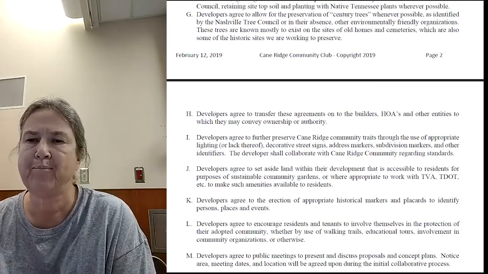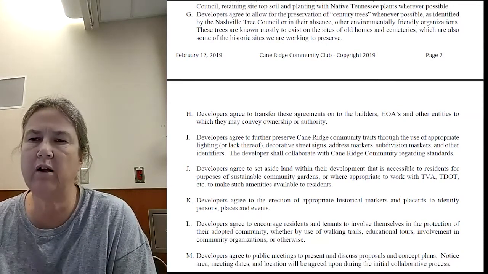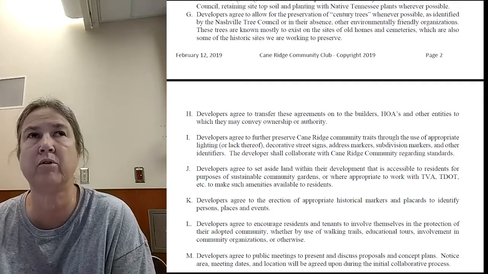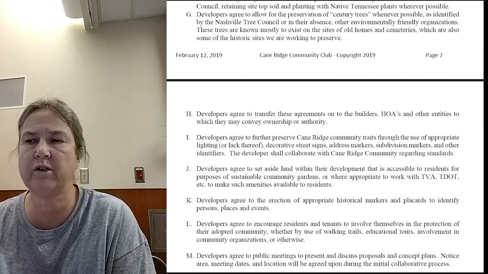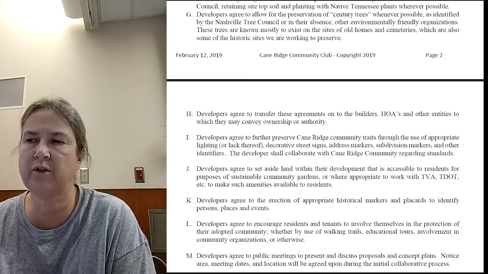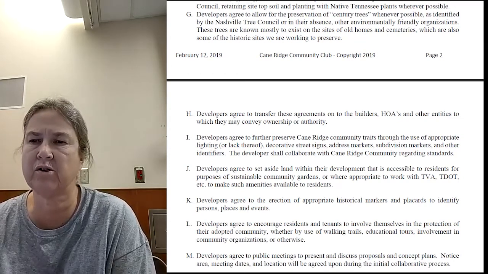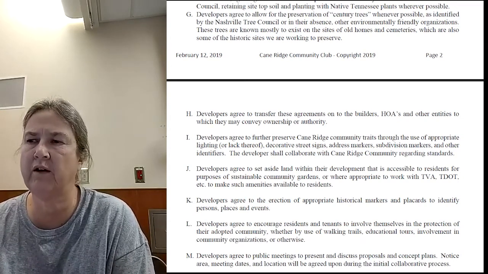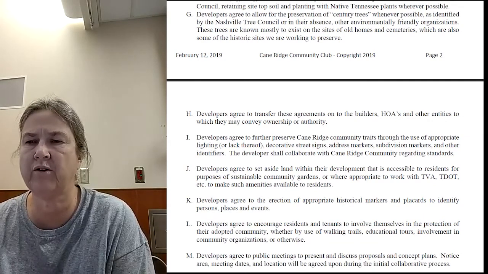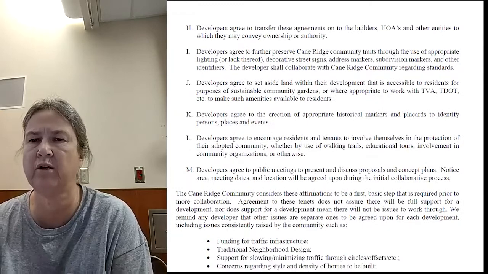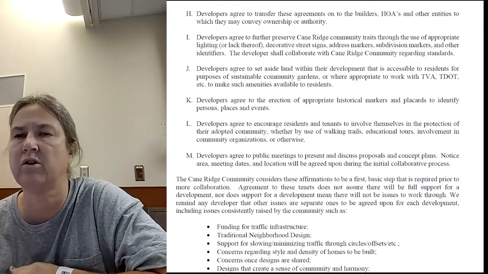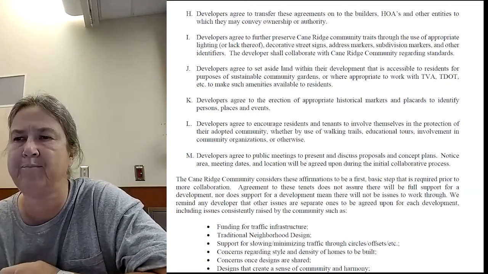Item J is just an opportunity that we want to be available to future residents. Community gardens and such, there are people that would love to do those and they don't get the chance to because there simply hasn't been an area left aside for them to do that. And so we want that. There are other times where instead of that, they're doing dog parks and pickleball courts and different things. So again, nothing about this document is set in stone.